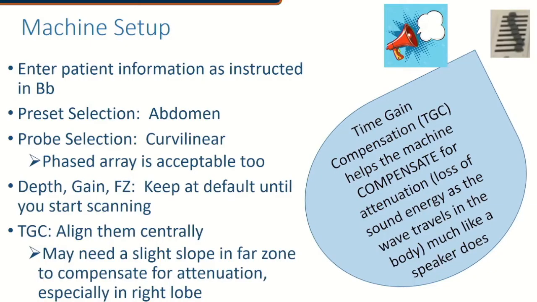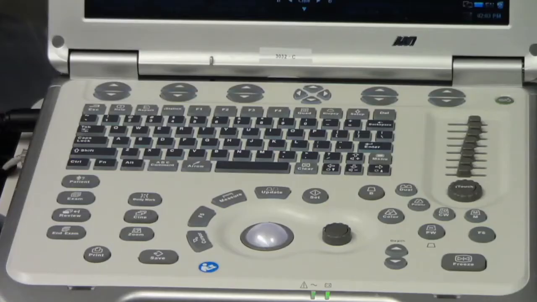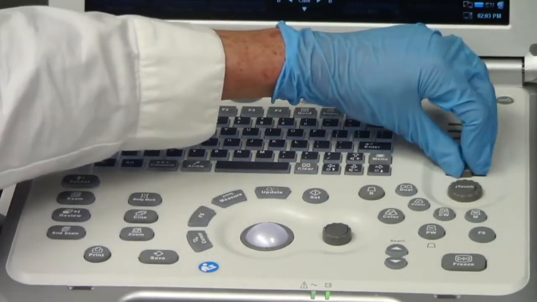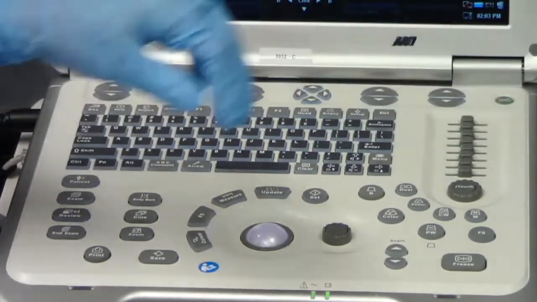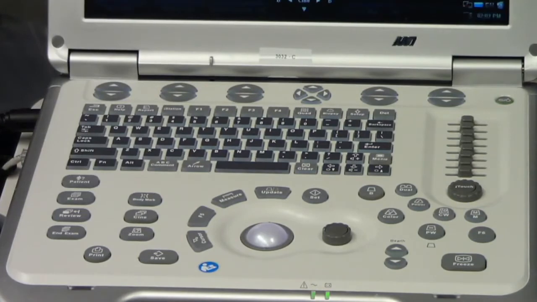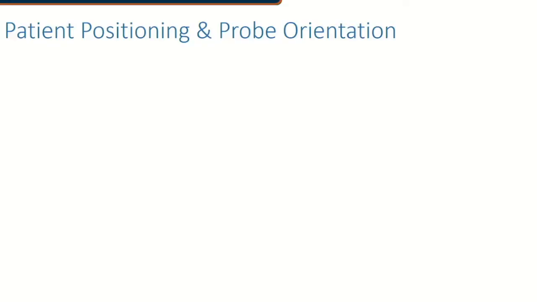So when we start talking about setting particularly our gain, we start with all the paddles lined up along the central axis, right here, straight down the center, and then once we are scanning, we can decide what adjustments we'll need to make. So as I go back to my PowerPoint, I want to talk to you about patient positioning